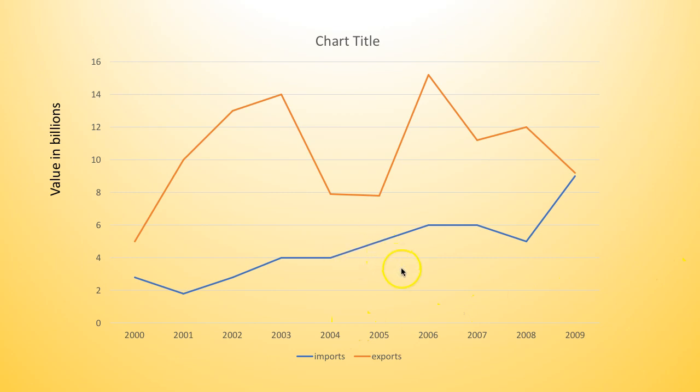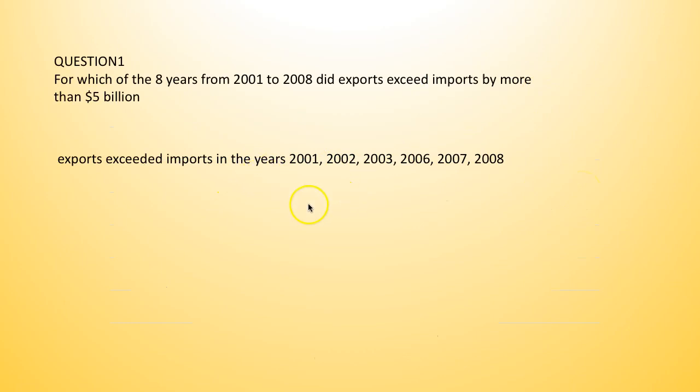2004, 2005 there is not much of difference, not more than $5 billion. 2006 imports is 6 and exports is 15, so this is more than $5 billion. 2007 imports is 4, exports is 11, again more than $5 billion. 2008 imports is 5 and exports is 12. So again in 2008 it is more than $5 billion. 2009 there is not much difference. So the exports exceeded imports in the years 2001, 2, 3, 6, 7,